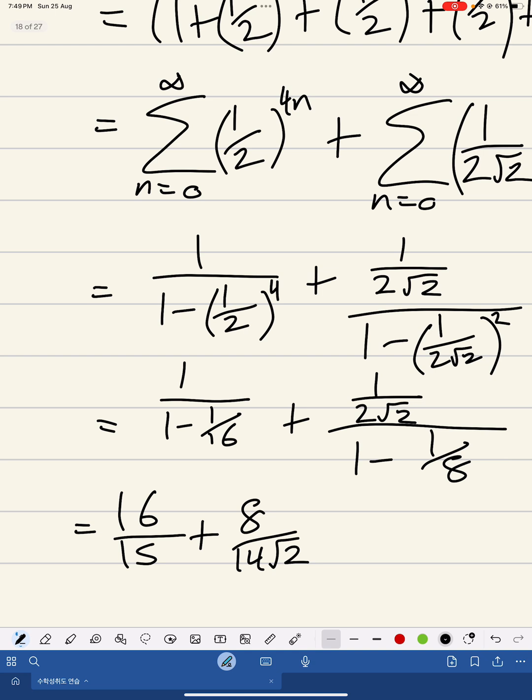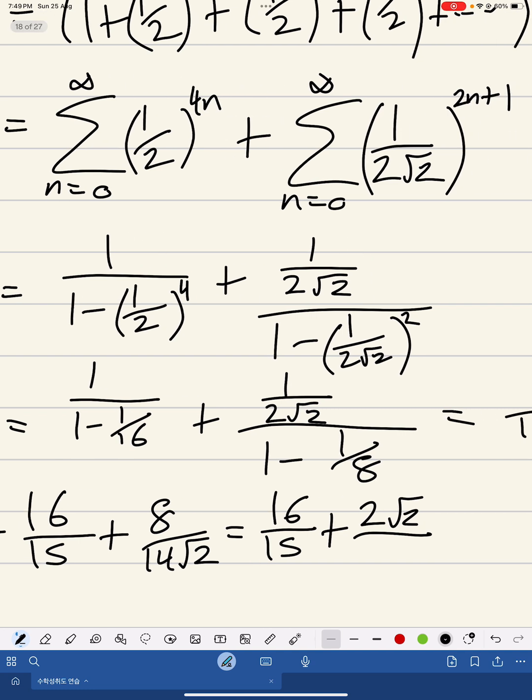And obviously this can be simplified down to 16 over 15 plus 2 root 2 over 4 root 2, actually. No, 2 root 2 is correct, because it's divided by 4, we get 4 over 7 root 2,